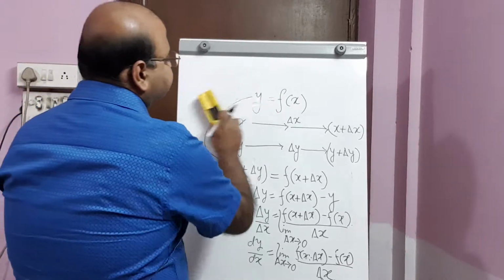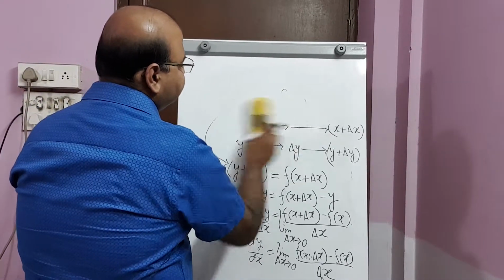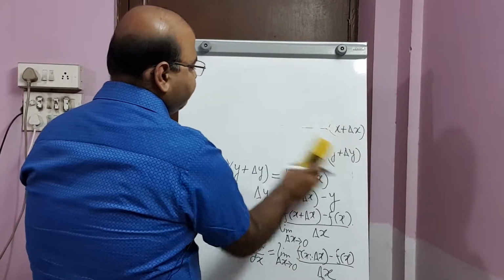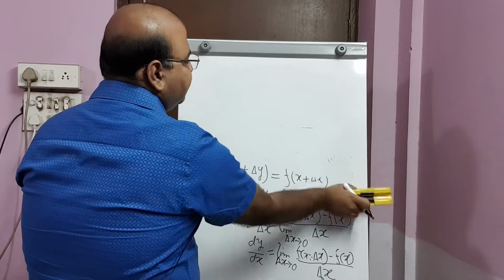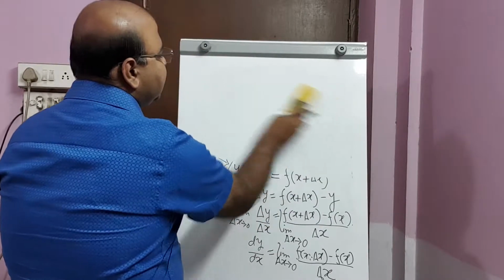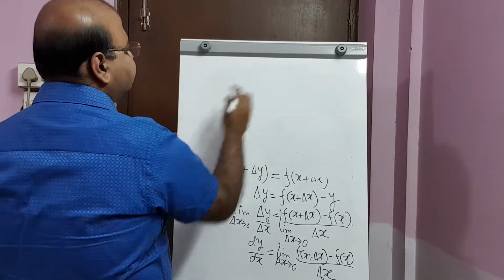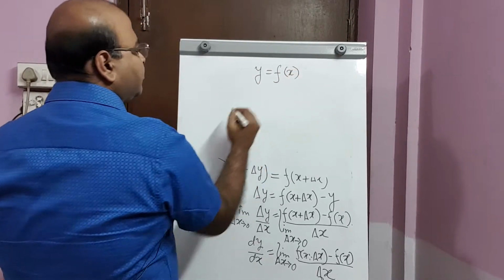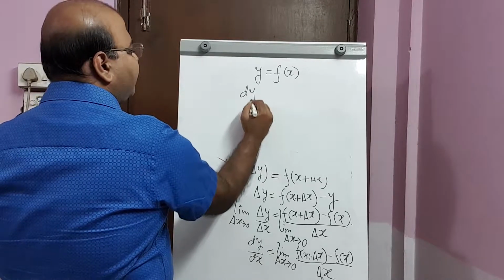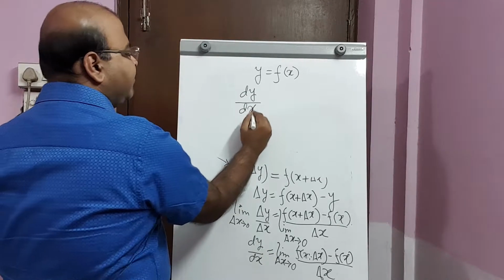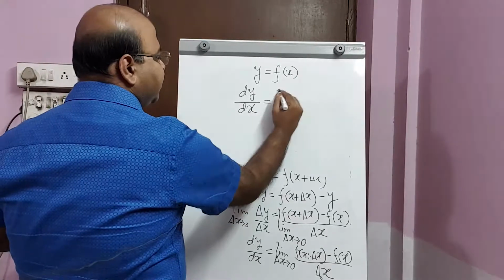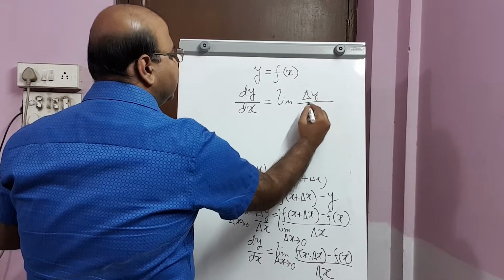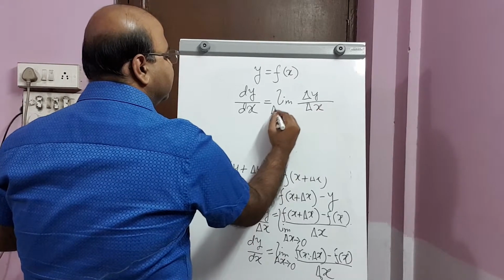So here what we have finally, is that if we have a function y is equal to f(x), then the derivative of y with respect to x, dy/dx, is given by limit of delta y divided by delta x when delta x tends to 0,